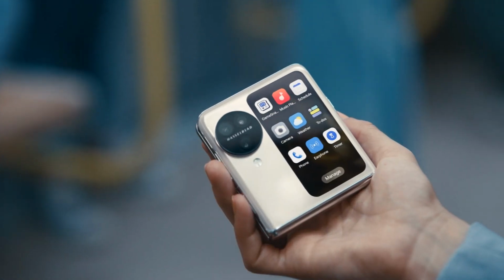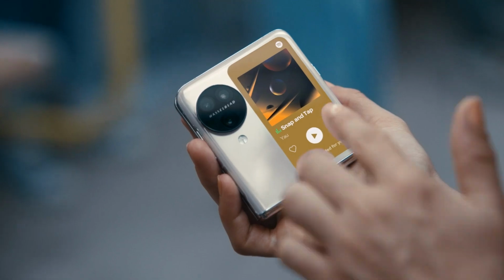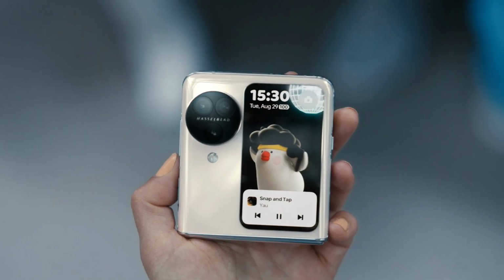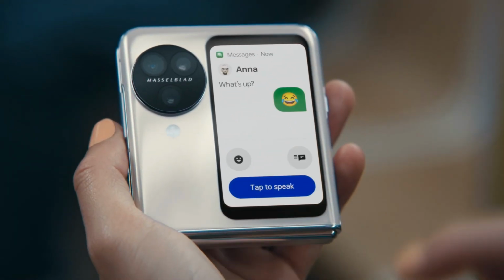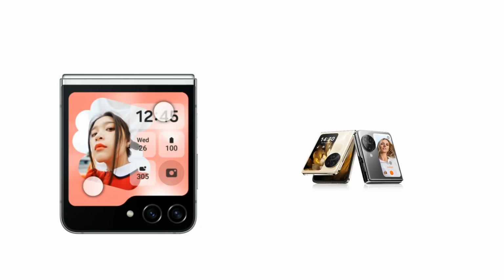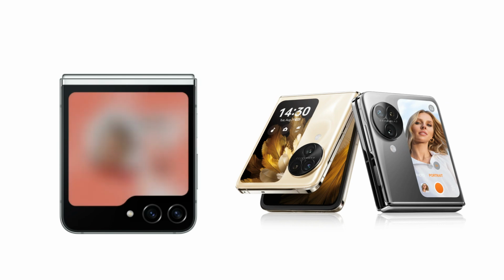The flip phones are making a stylish comeback in 2023, offering a nostalgic touch with modern features. Today, I'll explore the top 3 contenders in the flip phone arena, devices that seamlessly blend classic design with cutting-edge